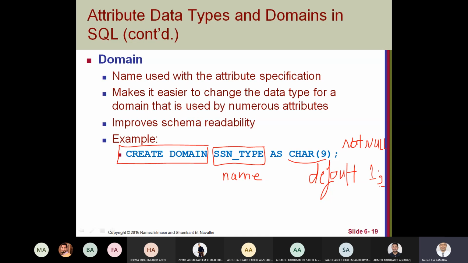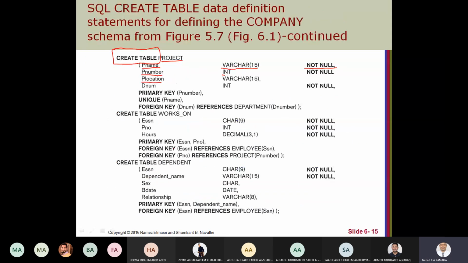Then semicolon. Semicolon means the end of this statement. So you can define many things. Later we will see constraints. You can define a constraint also with this domain. Okay, so after that, you can use this domain instead of a data type.